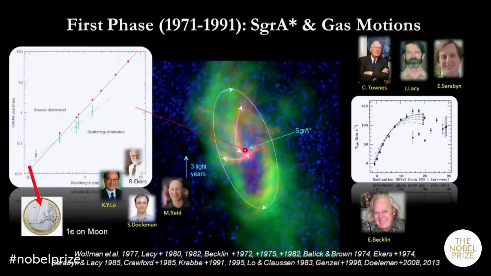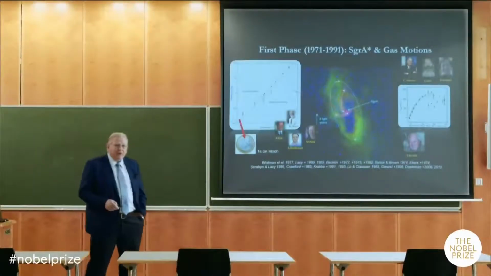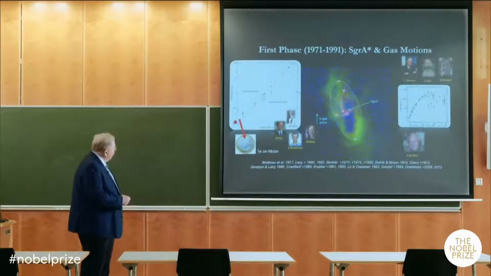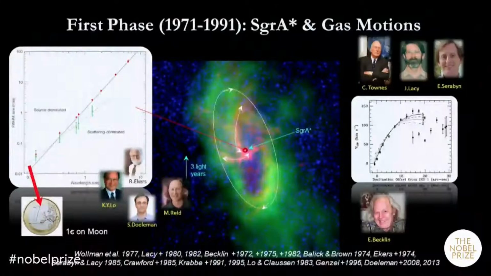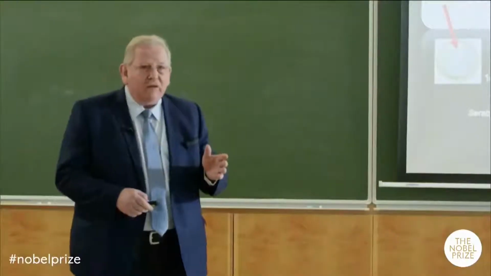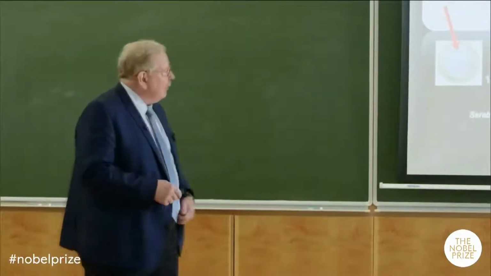Then the next stage was the radio source. Many years have been used to refine the measurement on the radio source. On this diagram, where you here have wavelength versus size of the source, you can see the shorter wavelength you go to, the smaller the source becomes. And spectacularly, when you go to the millimeter waves, here's 1 millimeter, the size of the source is 10 micro arc seconds. To give you a feeling, that's about the size of a euro coin on the moon. That's how compact the radio emission is. And in fact, that would be the event horizon size of a 4 million solar mass black hole.